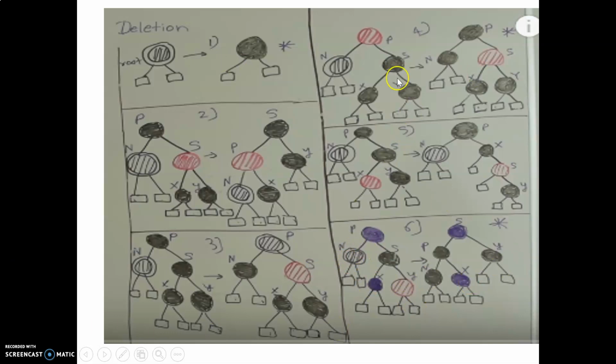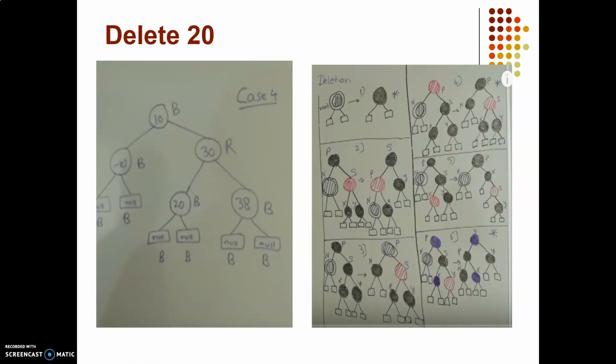So how to check which double black conditions are valid for my case? Let's see one by one. Let us suppose I need to delete 20 in this case. To delete 20, this black node will come here and this will be a double black case. Now check all the cases. This is the double black node. If the node above the double black node is a red node, this is the red node. This is black and the children are always black. This is black. So this case exactly matches case number 4. This is what we have to do.